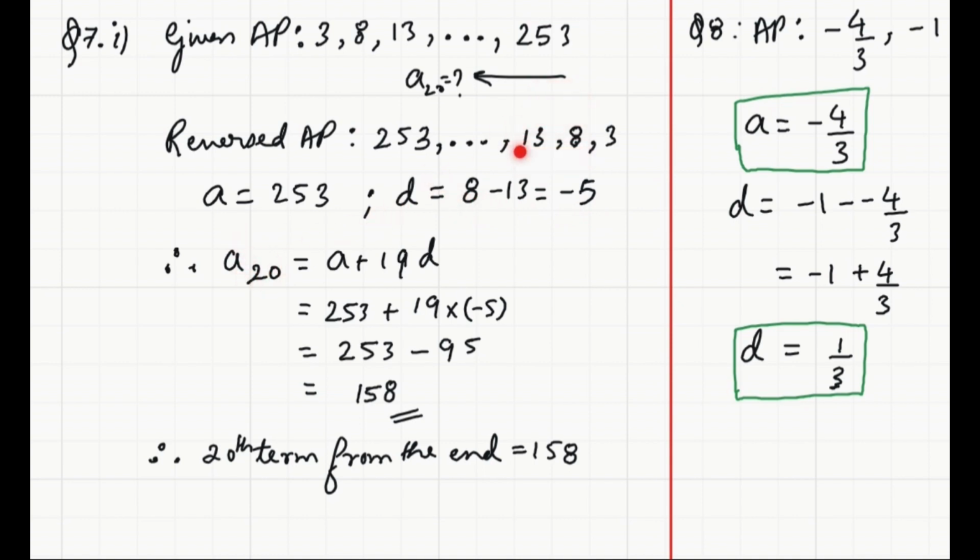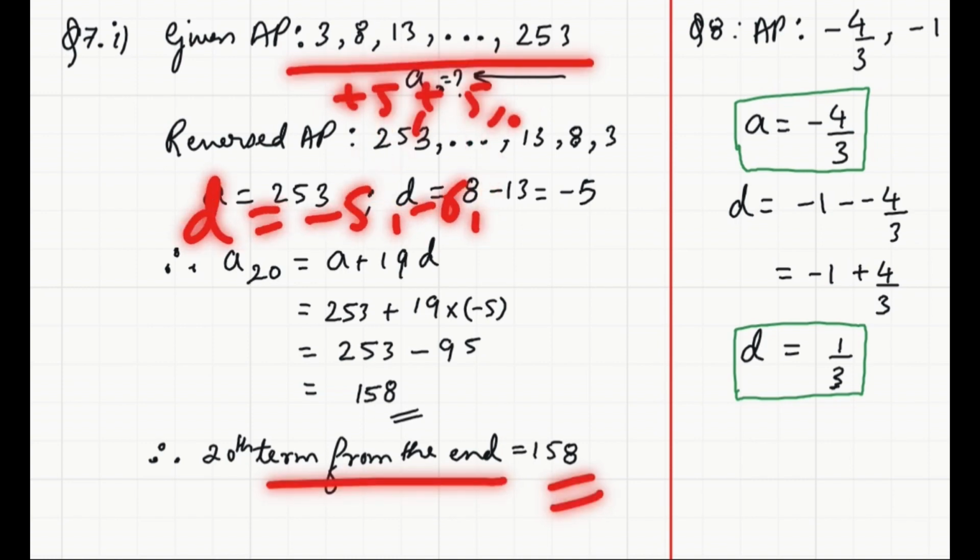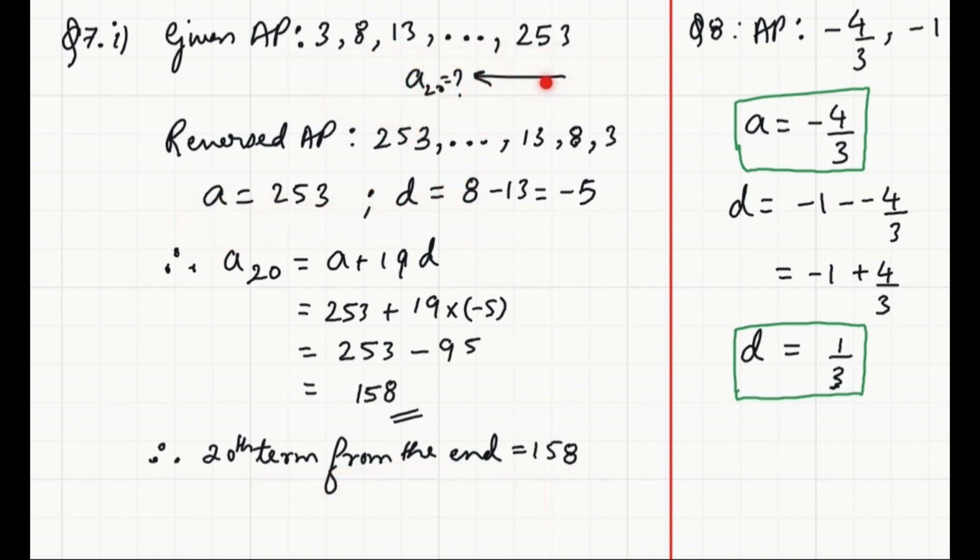Now A20 from this end will be A plus 19D, that is 253 plus 19 times minus 5, that is 253 minus 95, 158. Hence the 20th term from the end is 158. The given AP was actually increasing, plus 5, plus 5, plus 5 was the common difference. But when we reversed it, the common difference was minus 5, minus 5, minus 5. And actually, we are asked to find the 20th term from this end, which is